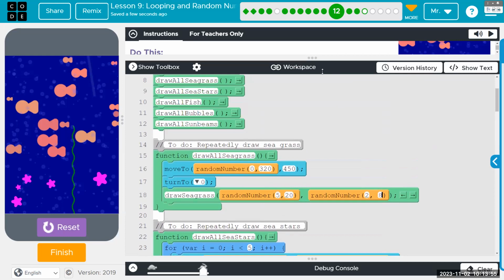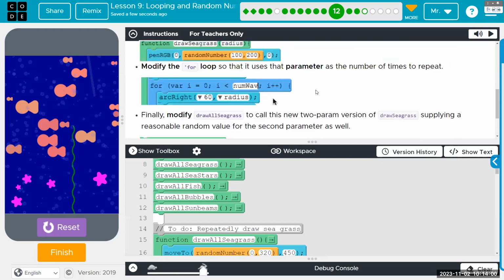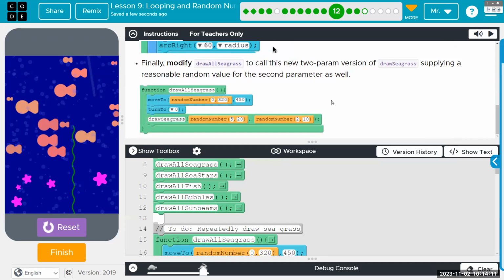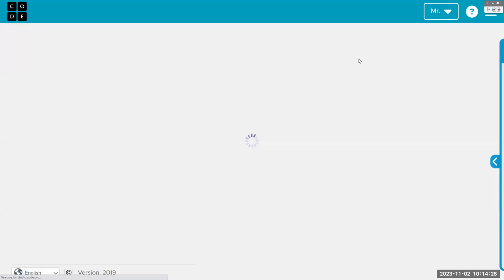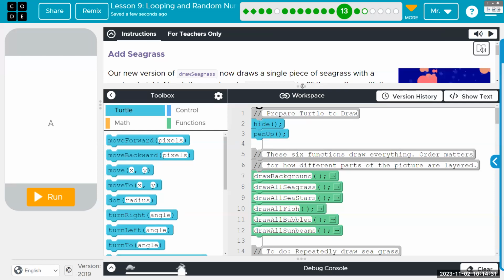Well, yeah, we'll see it when we get to the next one, which is loops. Where they even have a typo, or not a typo, but a misclick. And modify draw, it's called 2-param version of seagrass. Yeah, so that's it for bubble 12. And the last stage for bubble 13 is the, wait, no, is there one more? Oh yeah, there's still one, so it's not the last one.